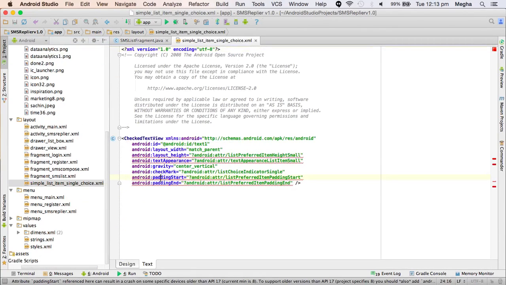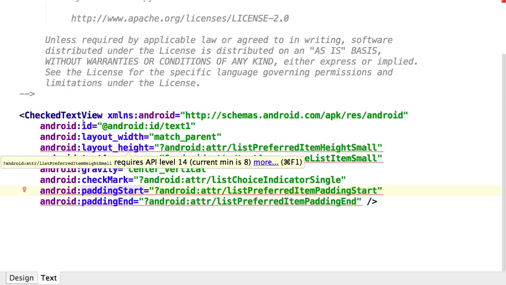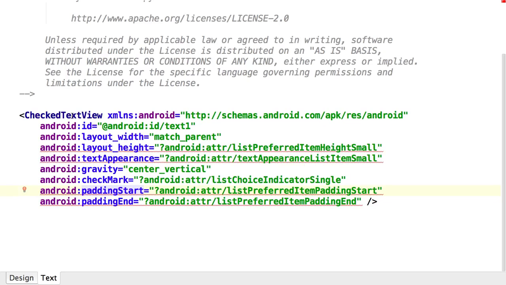And some sort of error though, but we just get an idea what it is exactly. It is some check text view. It's a specific text view which also attaches a radio button or checkbox. So checkmark, if you say choice indicator single, a radio button will be added, or choice indicator multiple means